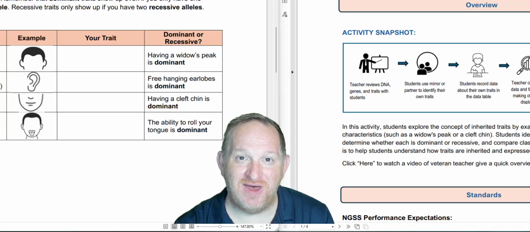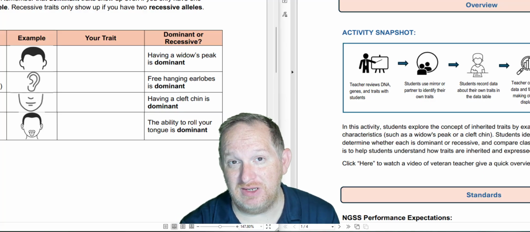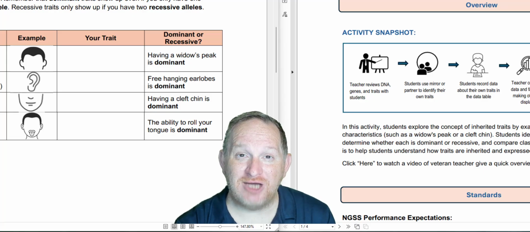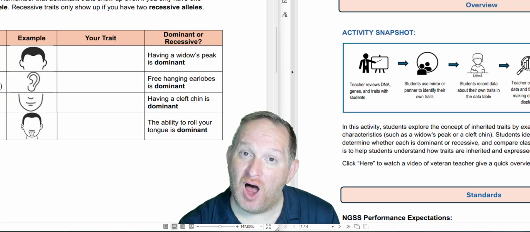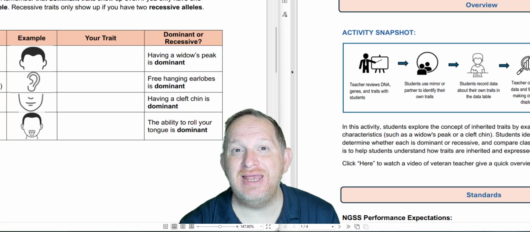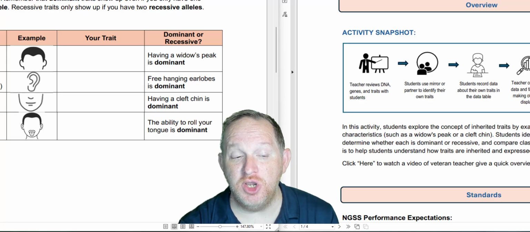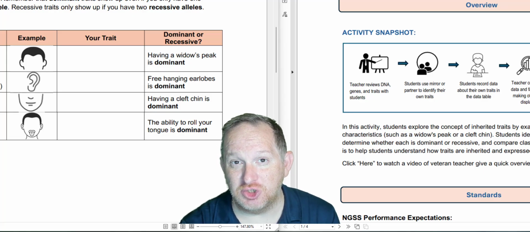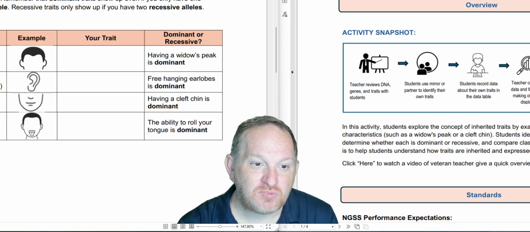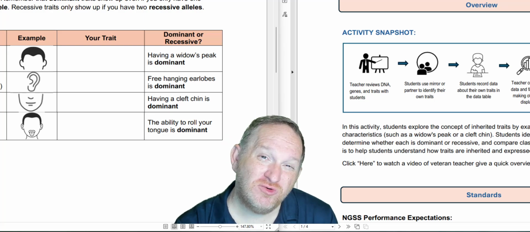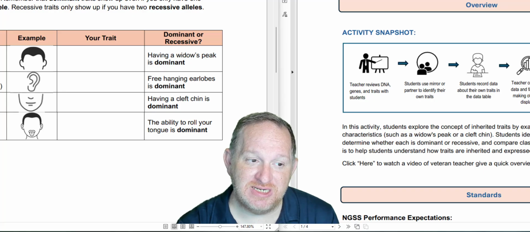Another thing that I have found over the years is that if you want an extension of this activity, you could then actually introduce the concept of Punnett squares and introduce the idea of how you would notate these genetic traits and these alleles. I've also, if your school allows it, or if you don't have a policy against it,